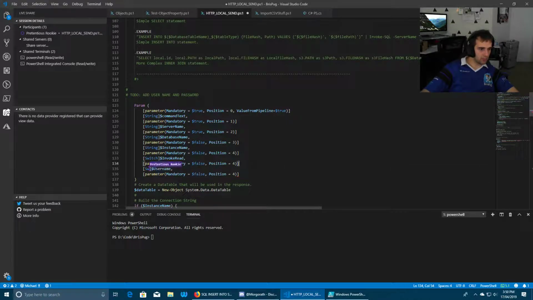You can fix that up. This needs to do SSL as well, I'm pretty sure. So we need to add an extra one.